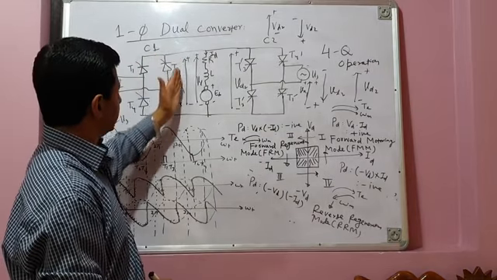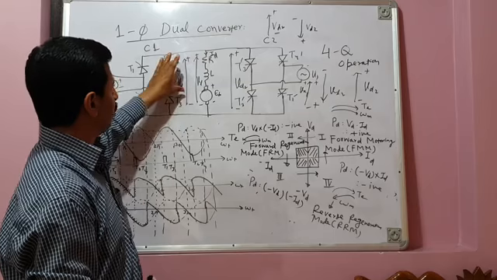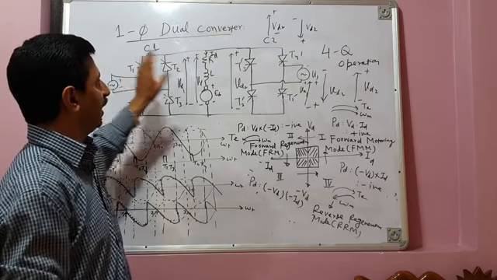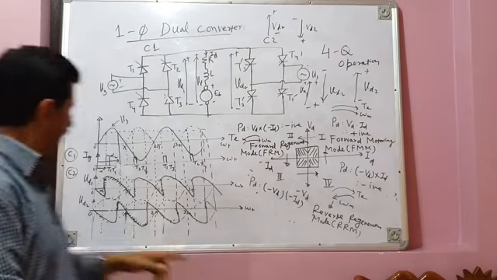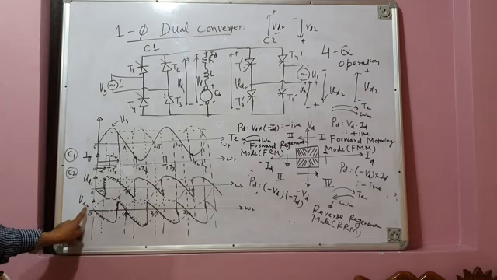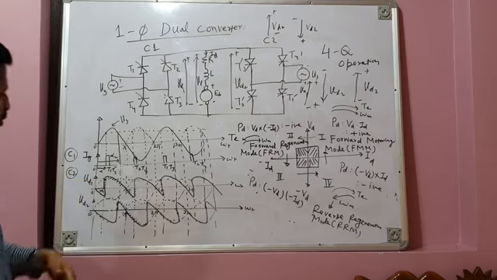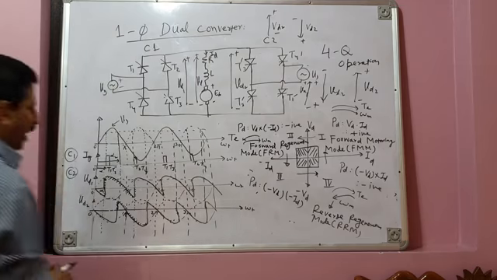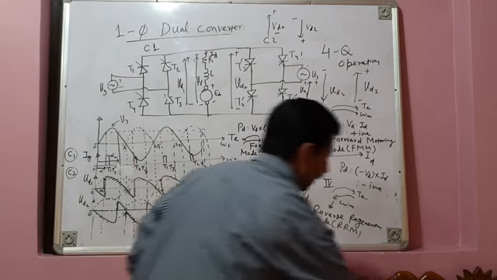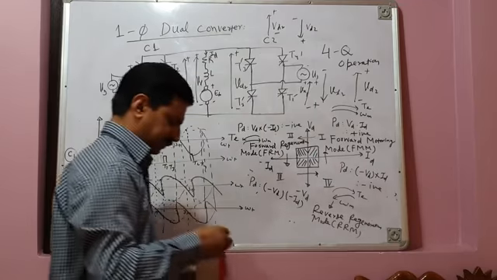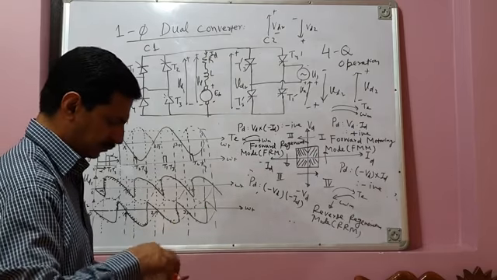This voltage is by convention taken as positive because it is the output voltage of rectifier, and output voltage of inverter is by convention taken as negative. Therefore, if this is the VD2, if you multiply it by -1, you will get minus VD2. So I can show that minus VD2 here itself. For that purpose, I may have to use another color of the pen, if at all I have.